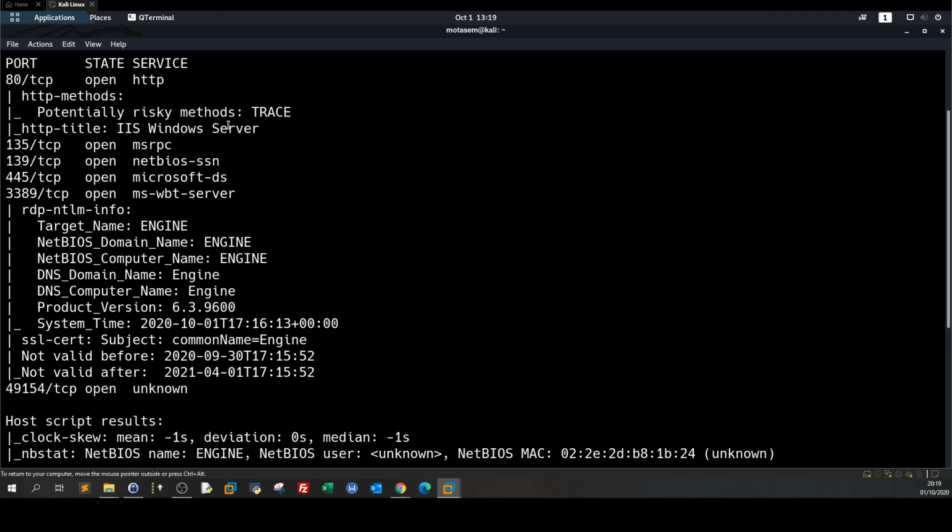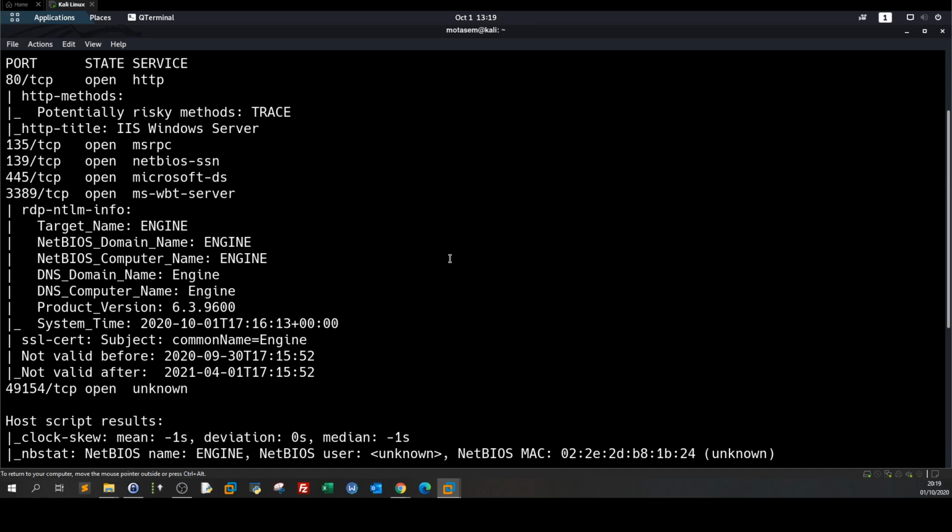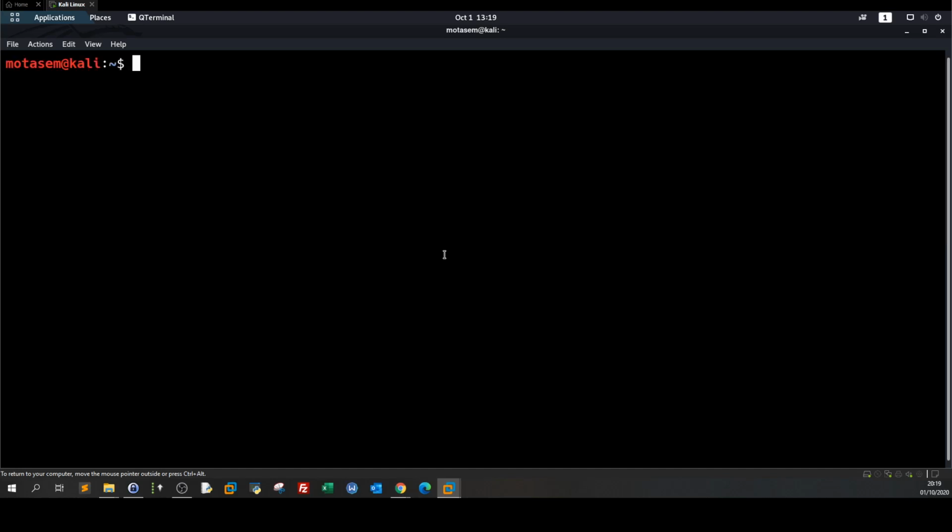So let's start with SMB, right? So let's split the terminal. Or let me clear that. We don't need that anymore. So clear. Okay. smbclient -L, sorry, 172.31.1.16